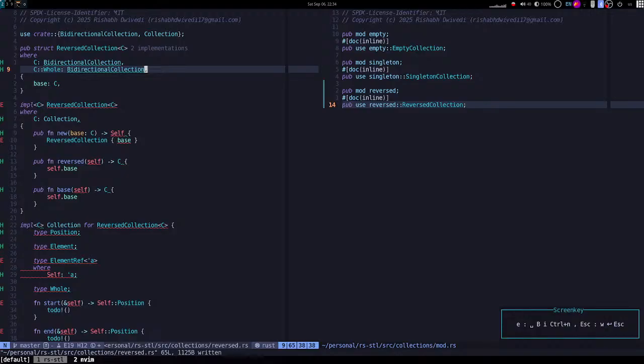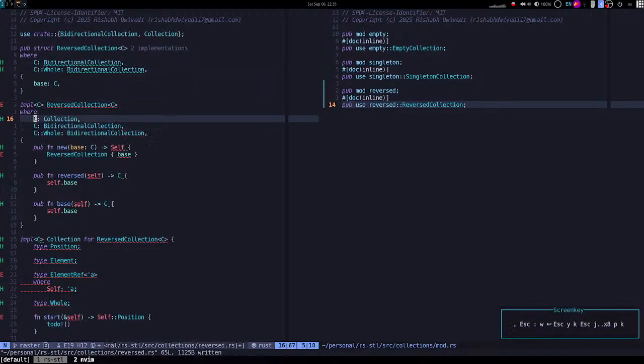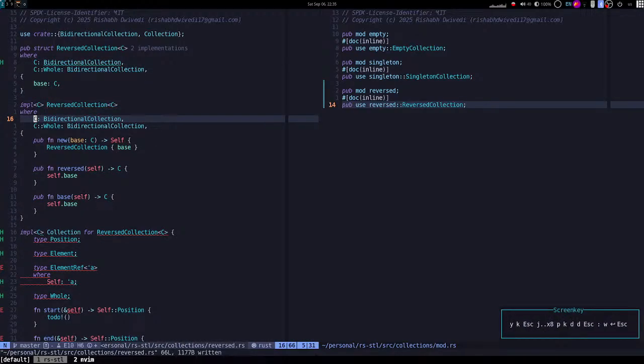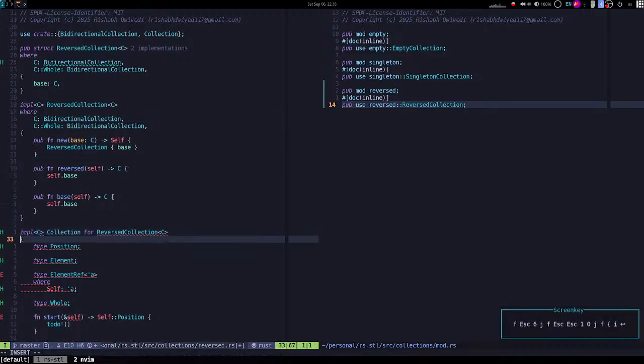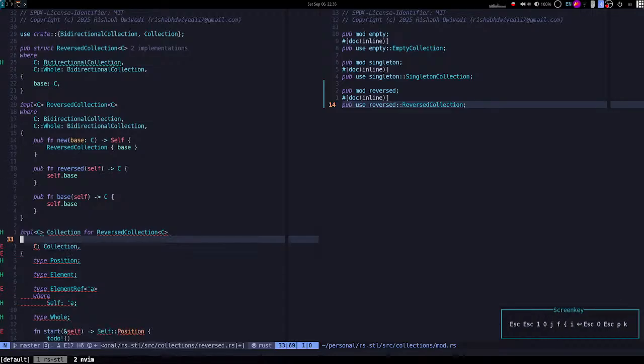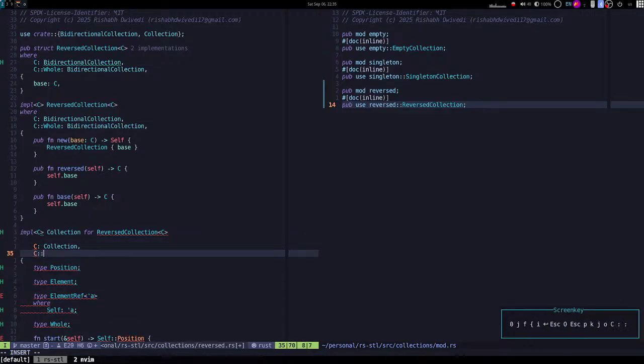So that should have been the case, but yeah, let's see. And C, the whole of C is a bi-directional collection,